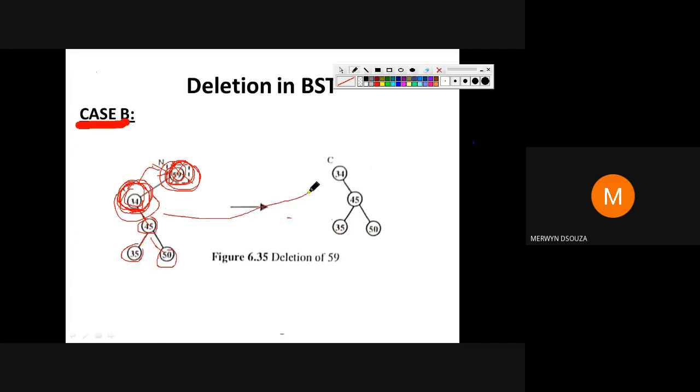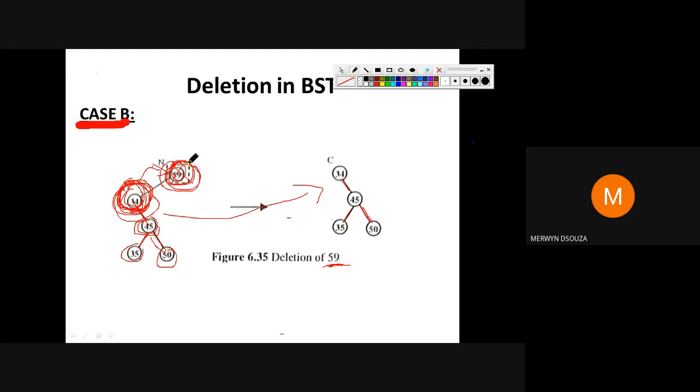So you can see here 59 has got deleted, and this is the new root node 34 along with the descendants. Structure of the descendants remains the same. 45 was the right child of 34, that remains the same. 35 was the left child of 45, that remains the same. 50 was the right child of 45, that also remains the same. Only what we have done, we have deleted 59.